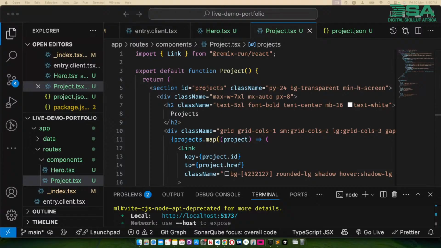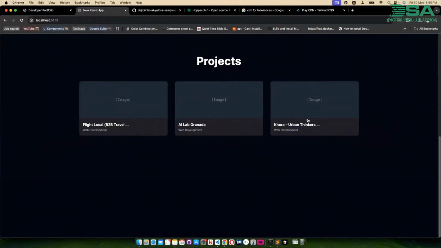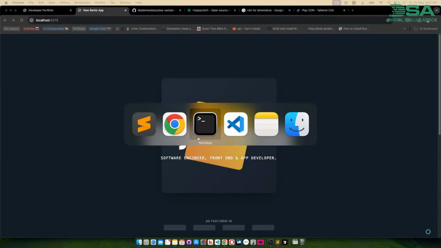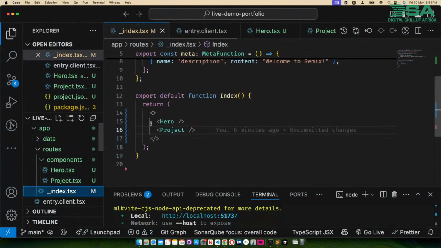so that we can show how to pass properties. And the other reason why we are doing that is so that we can actually go to each project page. You know, now we have a list of projects, but we want to be able to actually click on each project, and then it will take us to a page. Earlier we specified that the href or the link should link to project 3. Right now we have not defined a project 3, but we want to be able to do that. So anyway, let's import our JSON file in the index